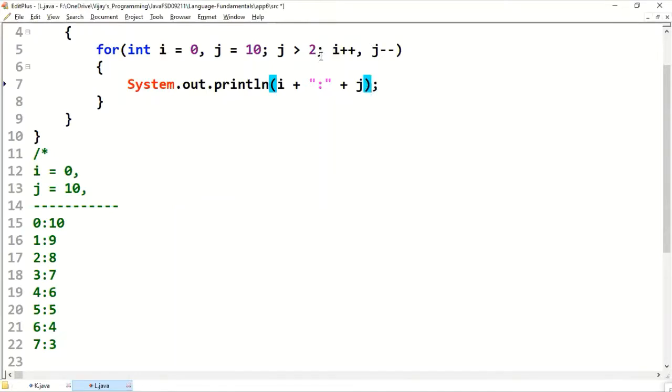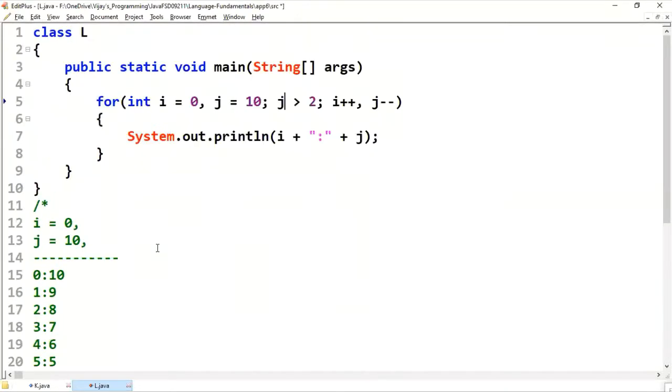Then i will be incremented to 8, j will be decremented to 2. Now it is going to check whether 2 is greater than 2. No, so it comes out. Observe this program.